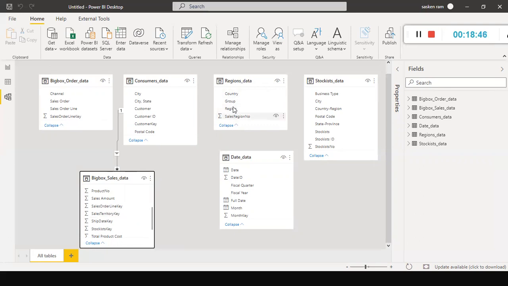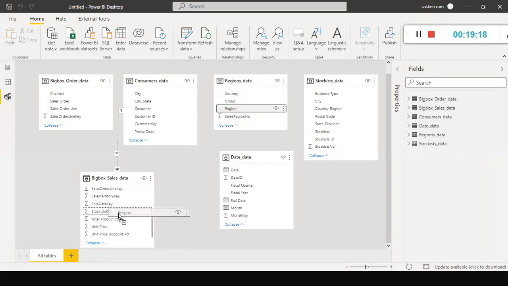That's where you should understand the data very clearly. As a data analyst, you should know which column is for what purpose. Here the region column holds the region or the sales territory key value in it. As a data analyst, I know this business very well. As soon as I see this table, I can make out that this column is holding the sales territory key in it. Hence, I need to drag and drop this table's territory key. In this table, the territory key is nothing but the region key.